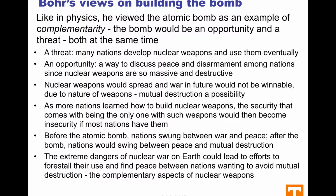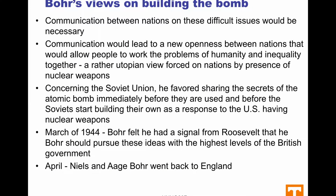And so you view that as a complementary type of issue. And the idea came that, even though nuclear weapons were and would be even more awful, it might lead to a way to have peace on Earth because no one wanted to destroy the Earth by launching nuclear bombs at each other. And so that was what he was pushing. And so the communication between nations was important about this problem. That may lead to more openness among nations, might lead to kind of a utopian view,